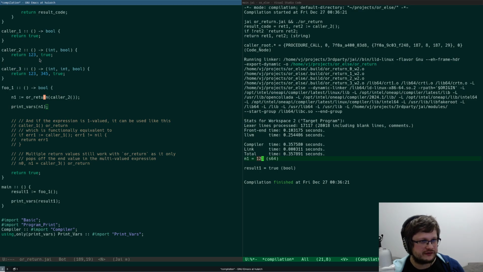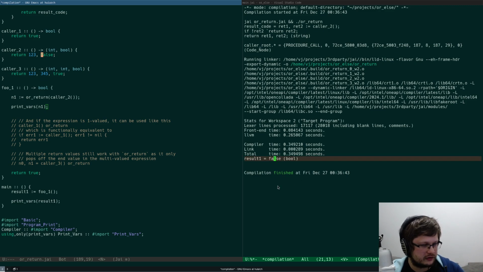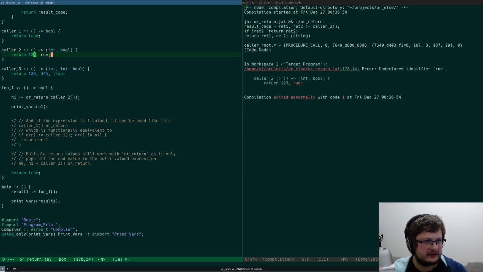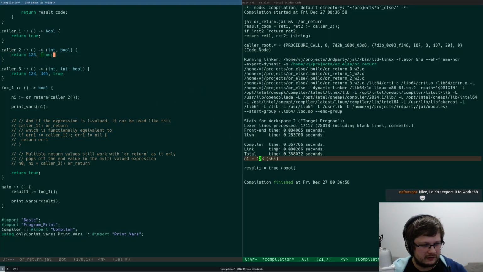And if color 2 returns false, then I shouldn't get the print. I don't get the print. You see, I get early return. It literally works. We have a working theory, people. People in the chat, you see? We literally have it working.